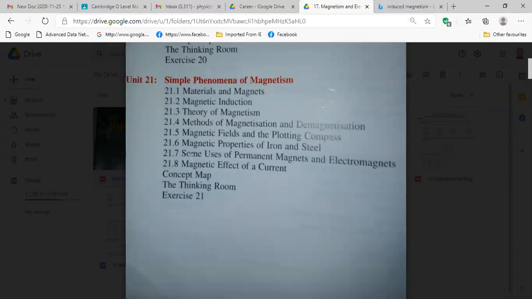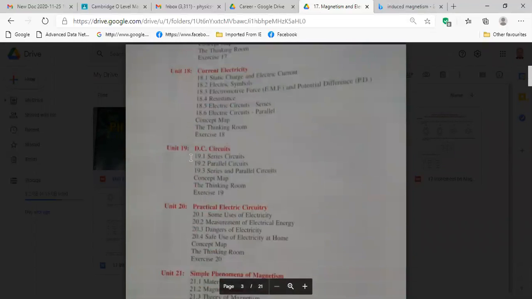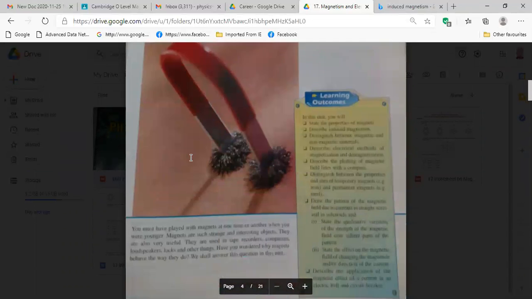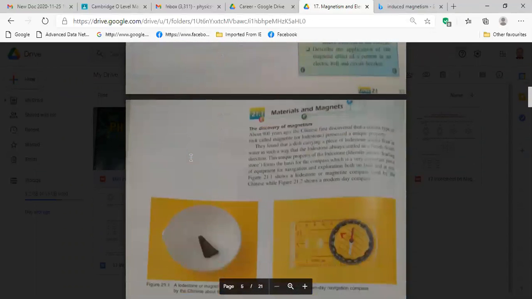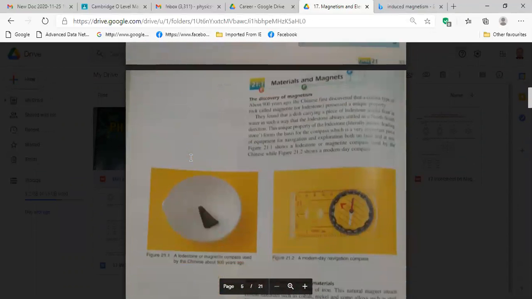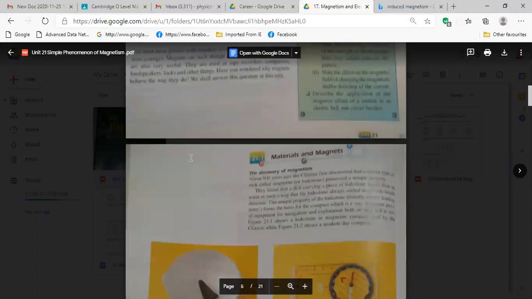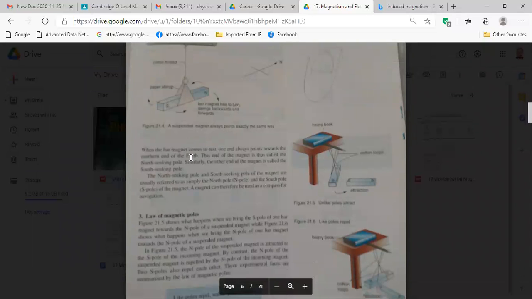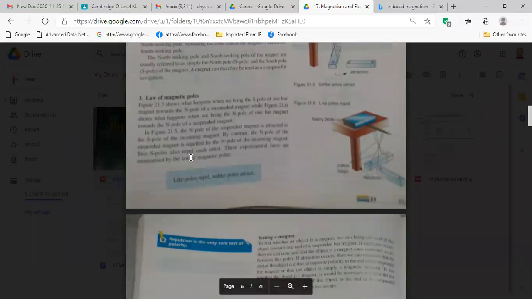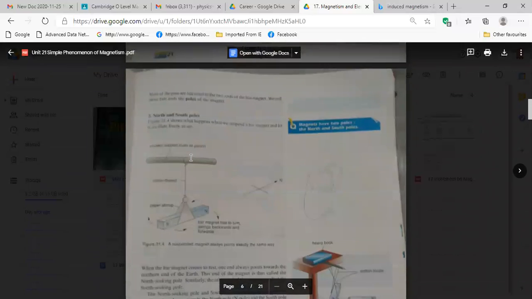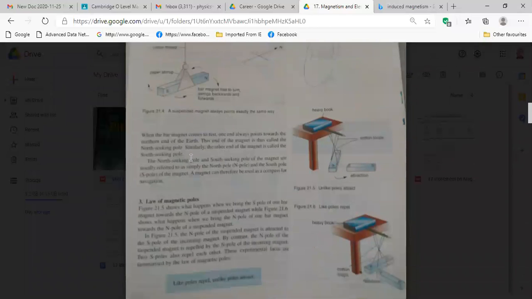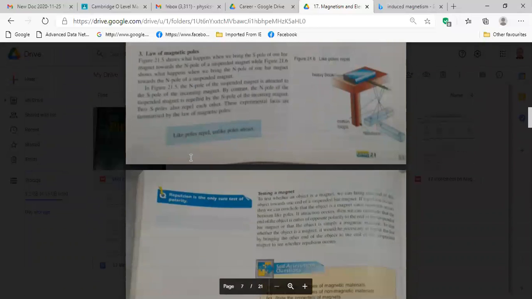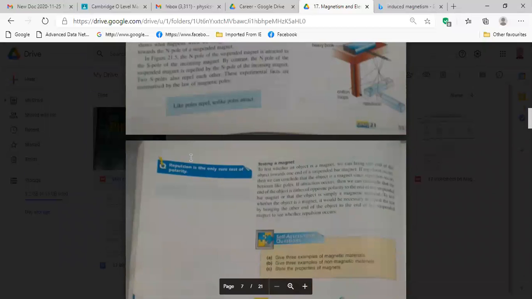Is it clear? And here I got the scanned pages of that topic, of that chapter. You see, we have here the first learning outcome. You see, like poles and unlike poles activity here.